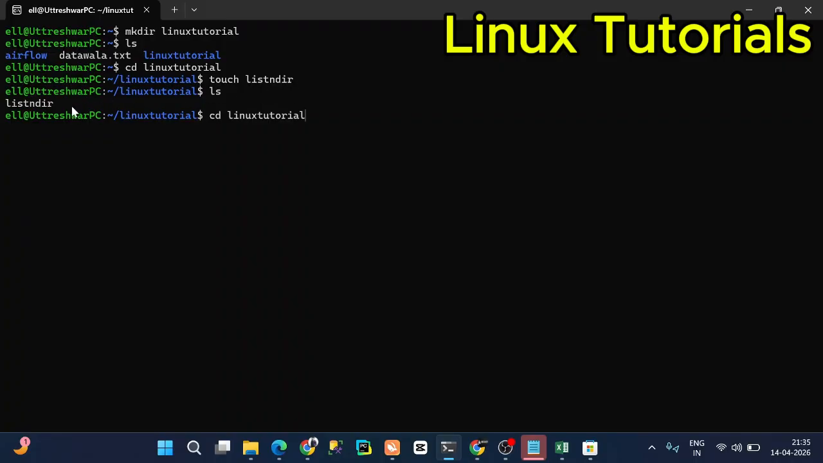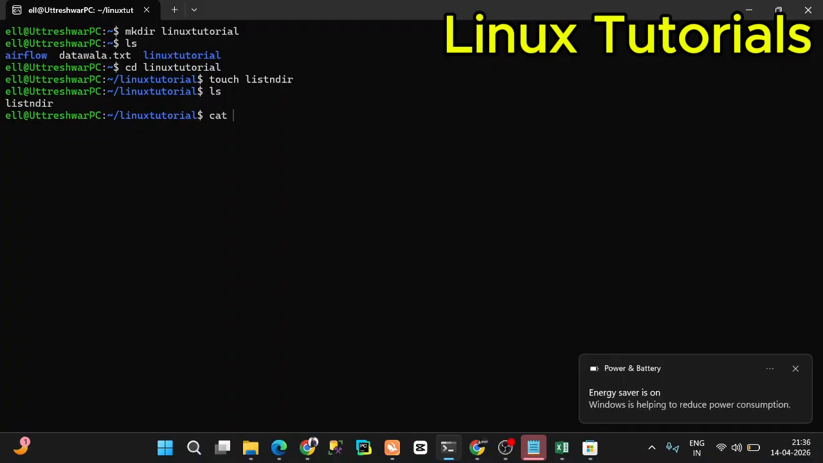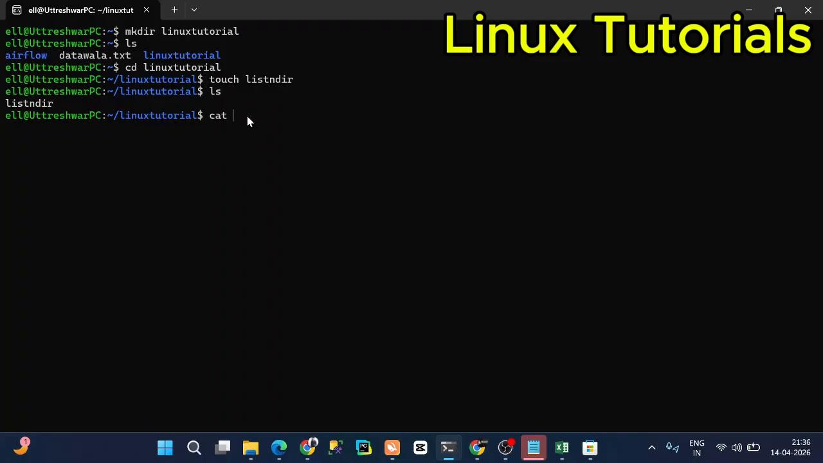Now you have already created this file, but how will you get to know what is inside this file? You need to understand what is inside the file. Here comes another command. If you simply want to read that particular file. See here, list and directory is the file. If you want to read this,